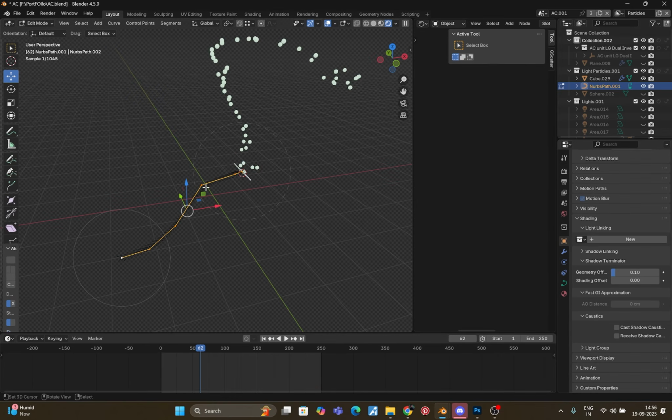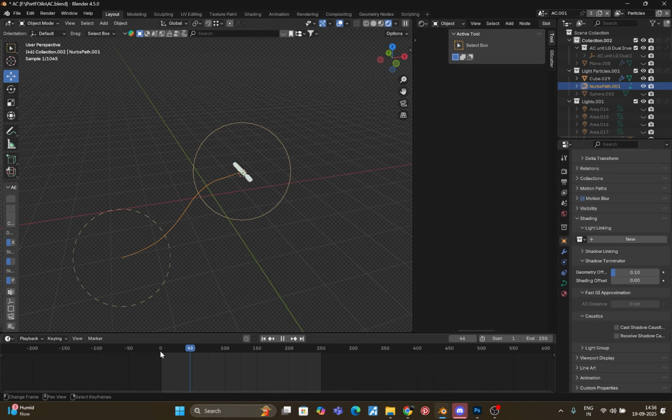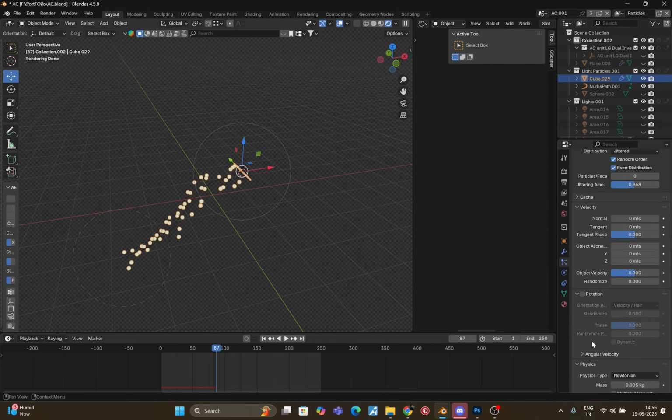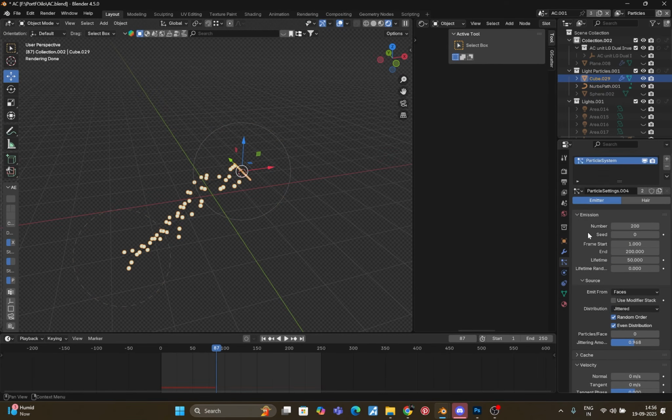So you don't have to do that. Just come to segment and switch direction, and this will look something like this. Okay, so right now let me show you the settings of particles. I haven't done any rocket science in that. This is a very simple and sophisticated particle system I used. So just you have to add